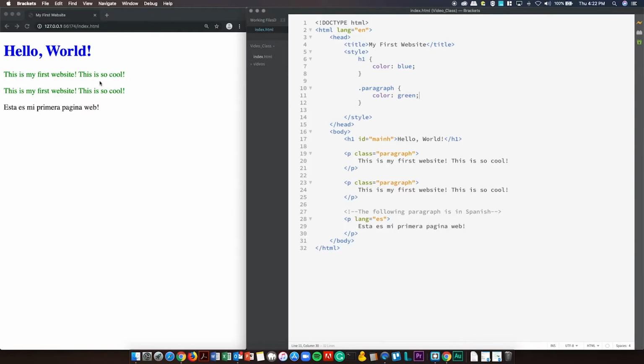Also, we can use comments in our CSS so we can basically track our progress. So for example, I can make a comment here and say,